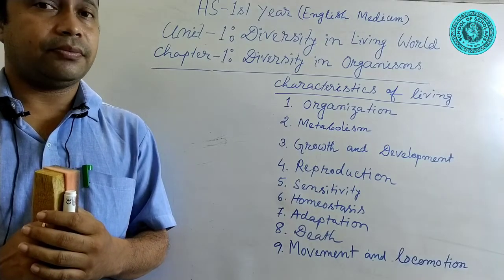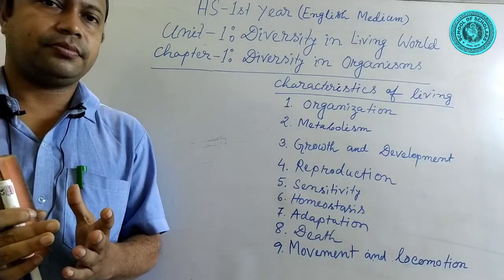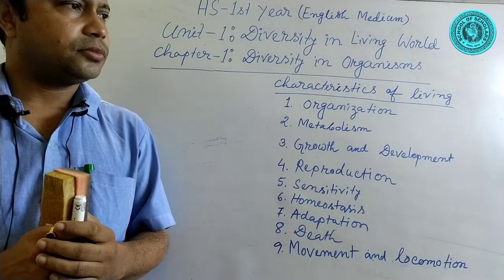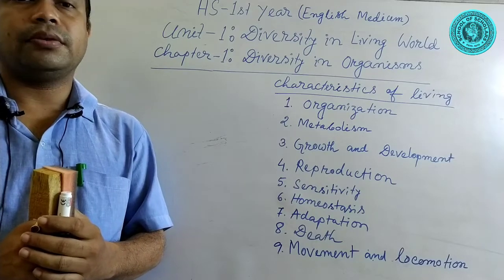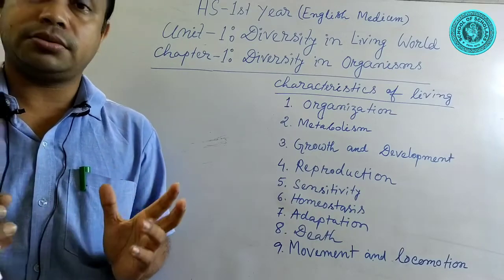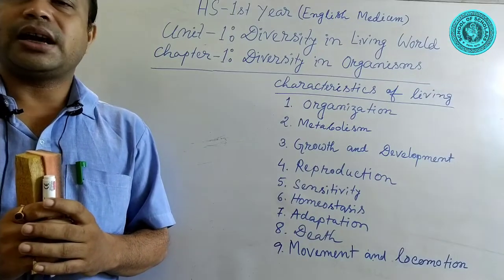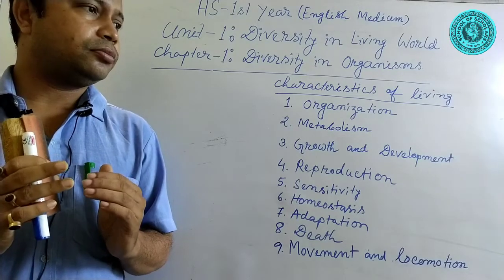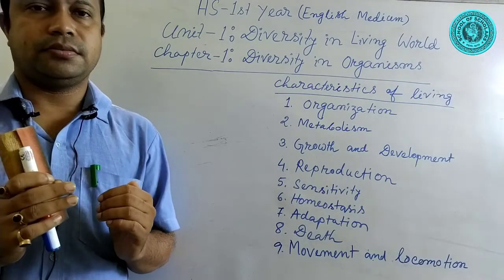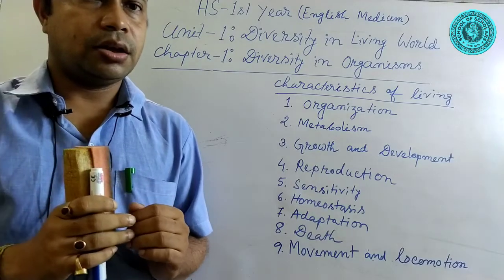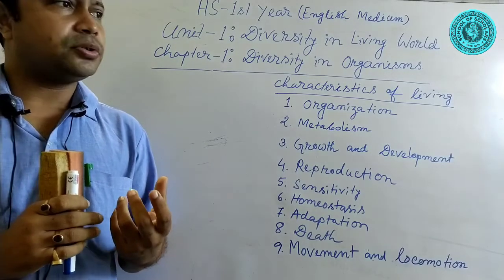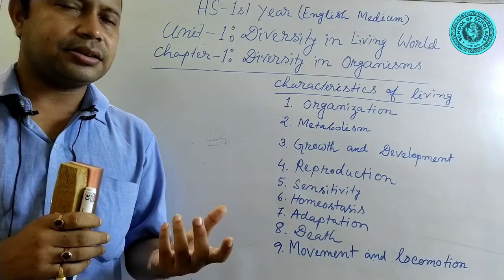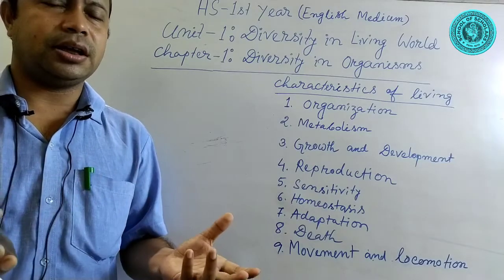What do you mean by life? What is the definition of life? In biological science, life is a unique complex organization of different kinds of ions and molecules which perform certain chemical reaction in order to bring about life activities, and individuals which possess the characteristics of life are called living, or you may call it a living being.